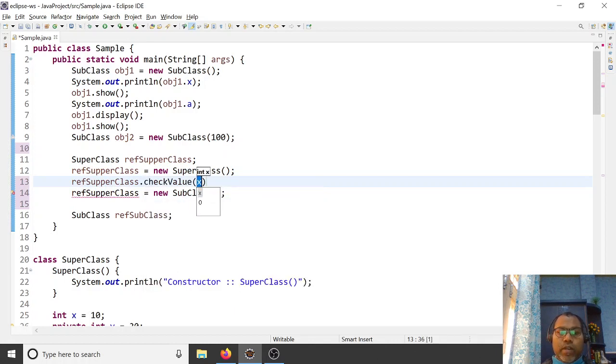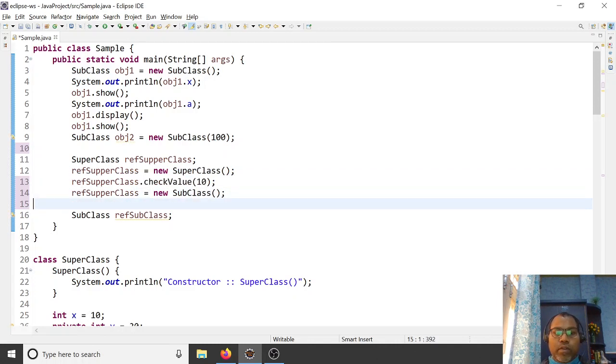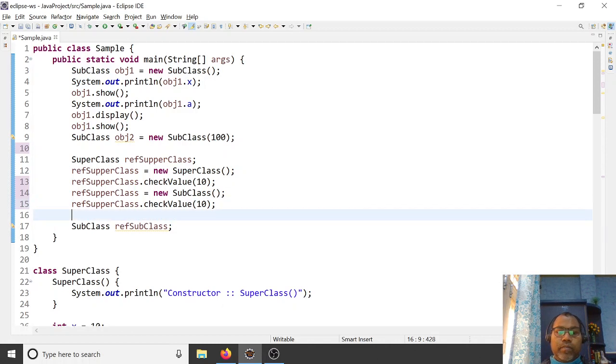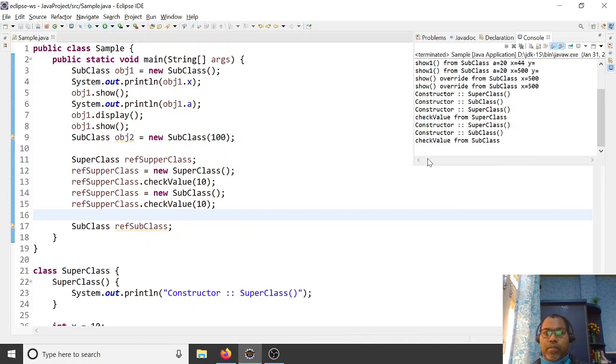And from this, if you invoke your check value, that's your 110, and the same you invoke from here. Let's run it. You look here: check value from your subclass, check value from your superclass.